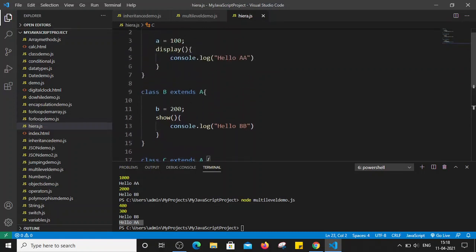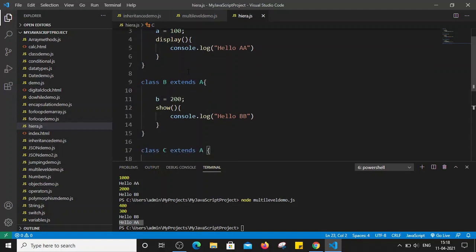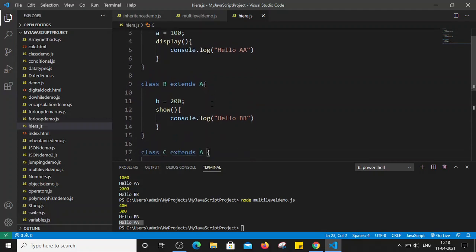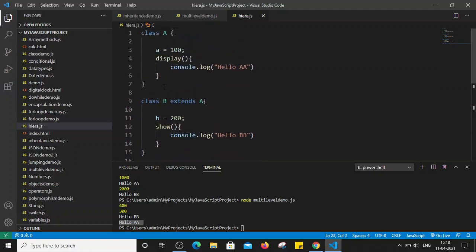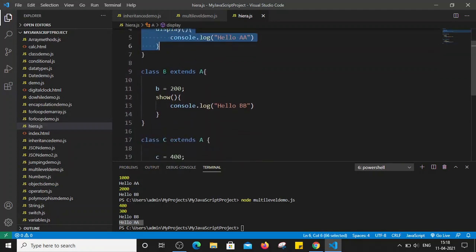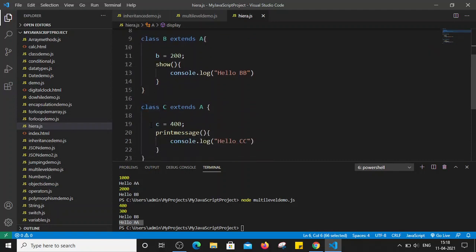Right, so here we have created one class A, that is the parent class. Class B and class C both extend class A. That means a class B object can access the properties and methods of class A. Similarly, a class C object can also access the methods and properties of class A.